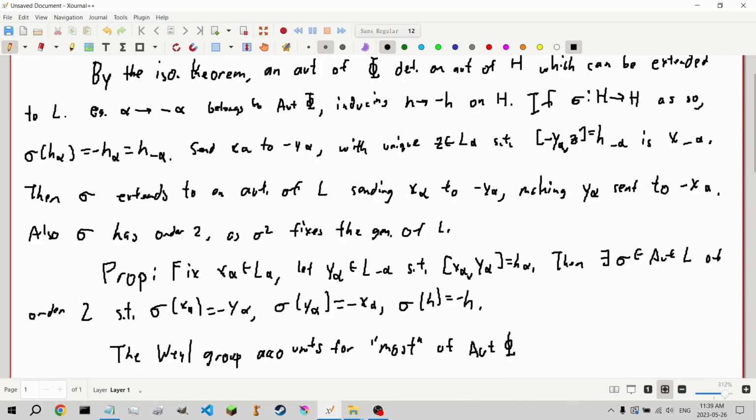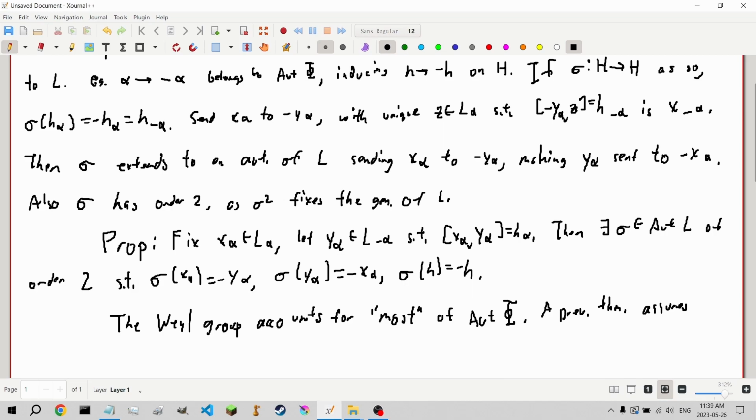Keep in mind, remember our discussion before with the Dynkin diagrams and the diagram automorphisms? A previous theorem assures corresponding automorphisms